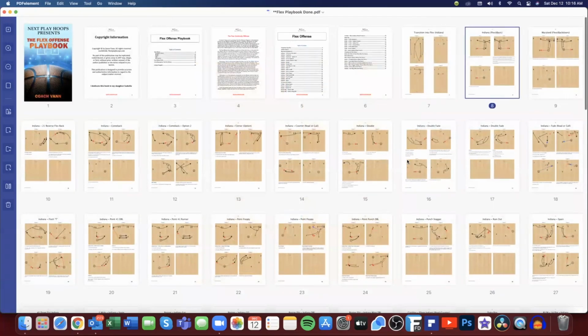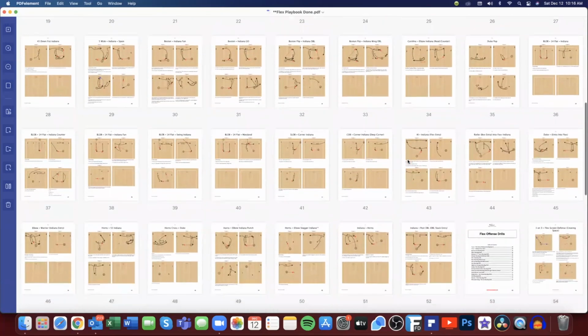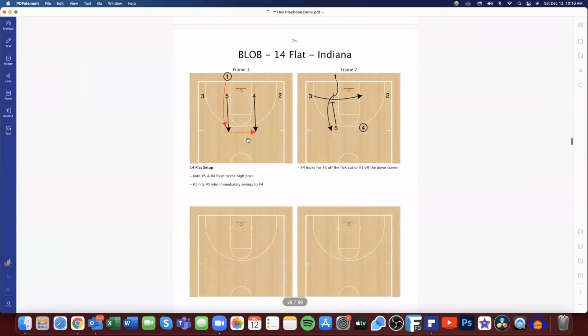There's our transition. Now these are all our quick hitters and counter plays that get us all into flex action. And then you'll see our baseline out of bounds options here. I'll just give you a quick little look. Here's our 14 flat Indiana. We start off in a 14 flat, 4 players along the baseline, and then we pass the ball to 5,